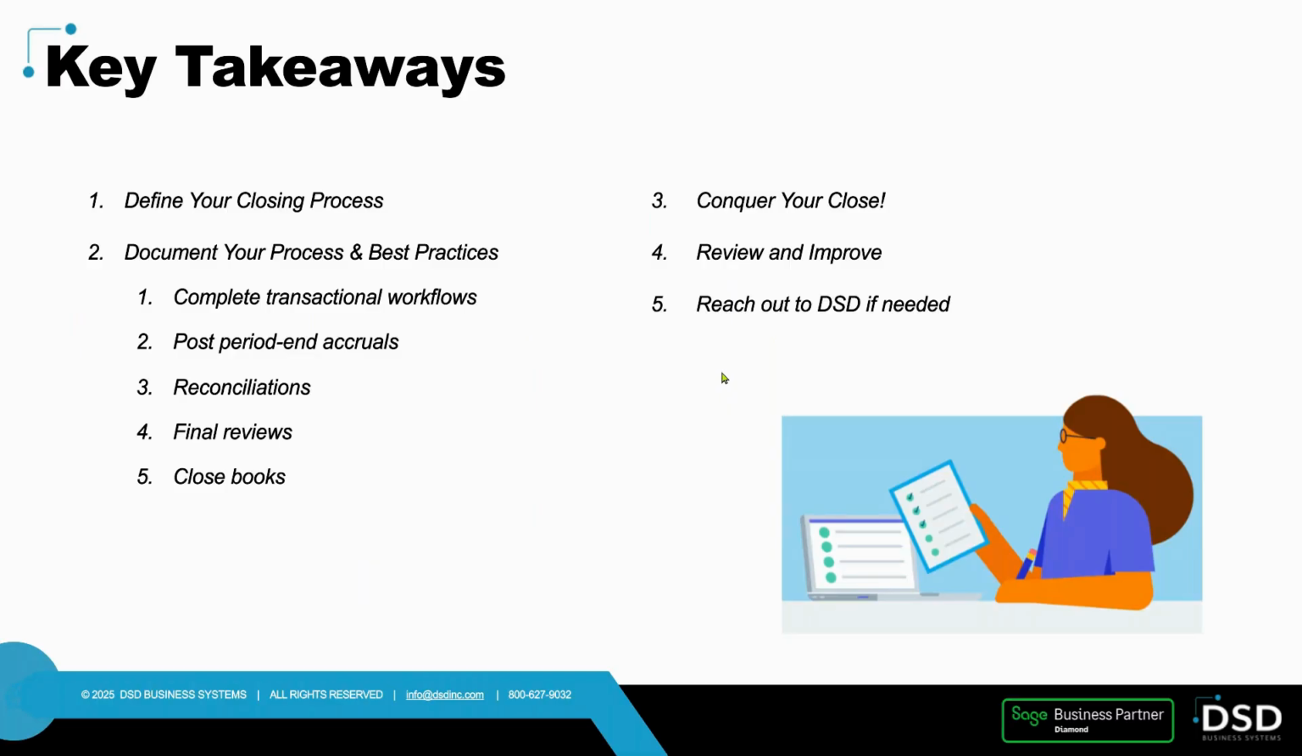And yeah, that's pretty much what we have here. Key takeaways, again: define your closing process, document your processes, which is to complete those transaction workflows, post period end accruals, do your reconciliations, have that final review before closing those books, and once it is closed, just review it. If there are any improvements that need to be made or any adjustments for the next year, go ahead and document those. If there's any automations, I guess,